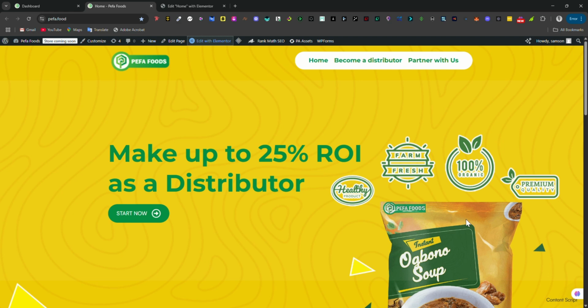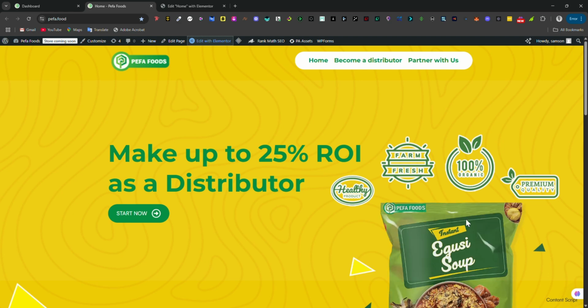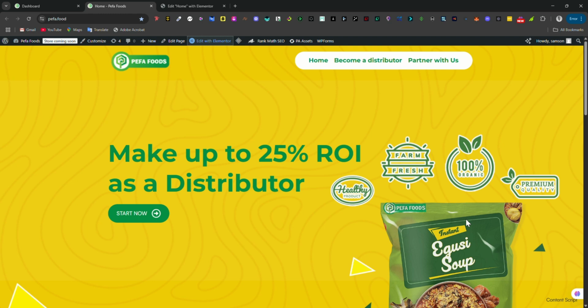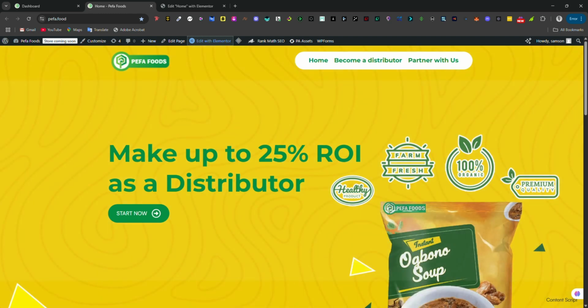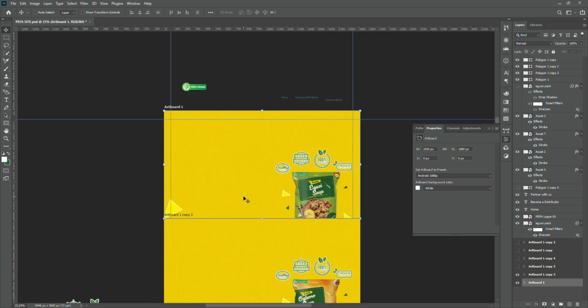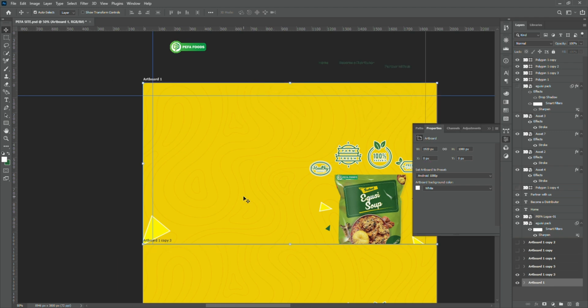So first thing you're going to do is go over to your Photoshop. You just have to know basic knowledge of Photoshop, or you can use Canva or any graphic design software. You can even do it on your phone. So I'll go over to my Photoshop now. This is the previous one that I did, but I'm going to show you guys how I